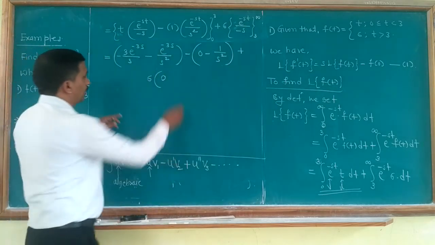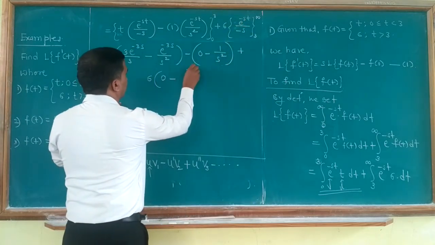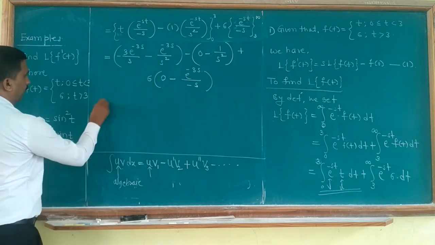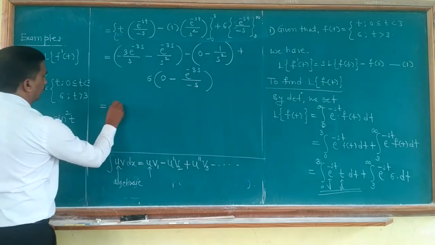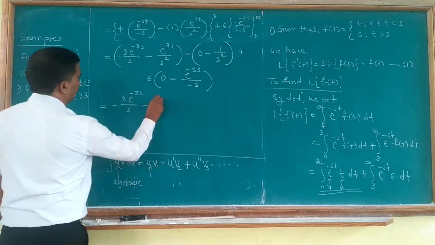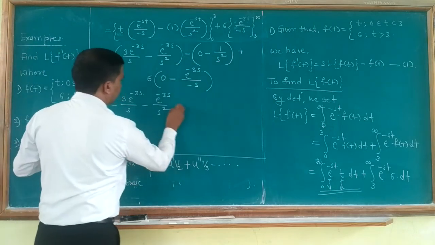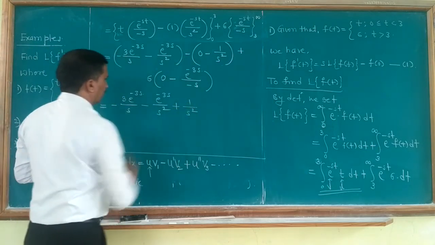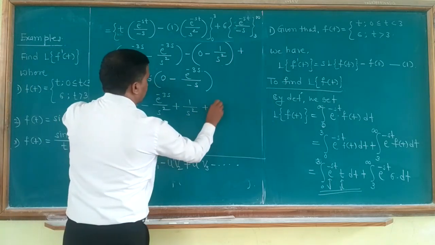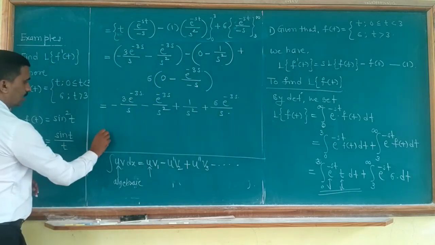to 0, then minus, and put t is equal to 3. So you will get e raised to minus 3s divided by minus s. Now simplifying this, we get minus 3 e raised to minus 3s divided by s minus e raised to minus 3s divided by s square. This minus becomes plus. It is 1 upon s square plus 6, and minus plus, so this is 6 e raised to minus 3s divided by s, and this is equal to